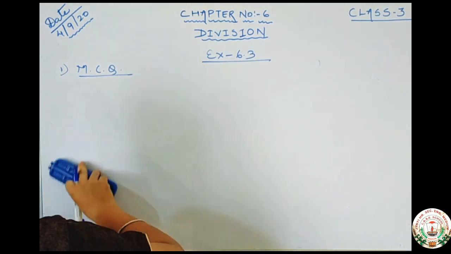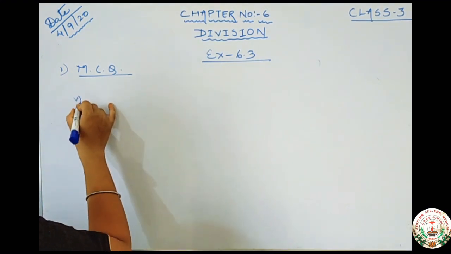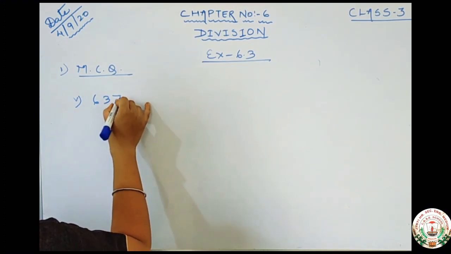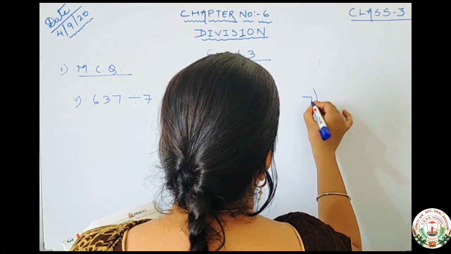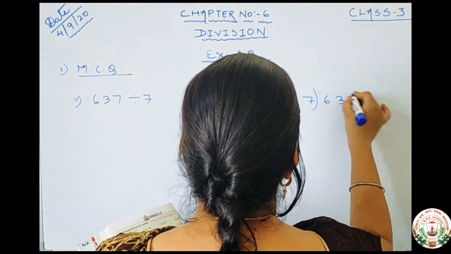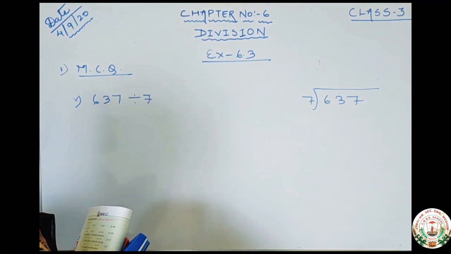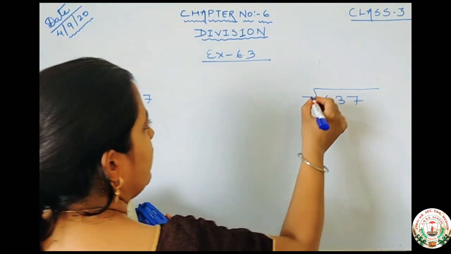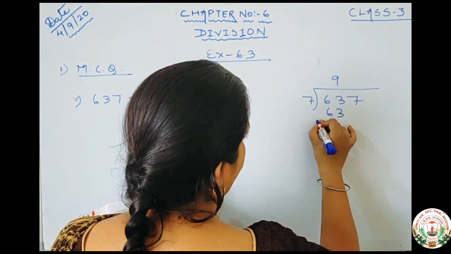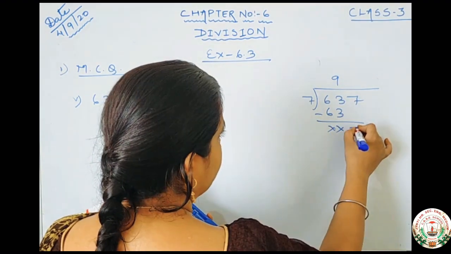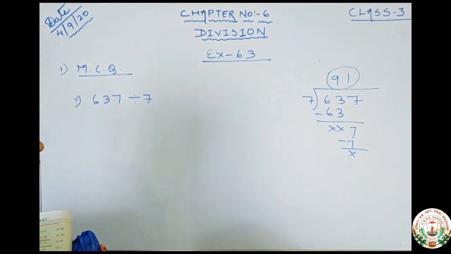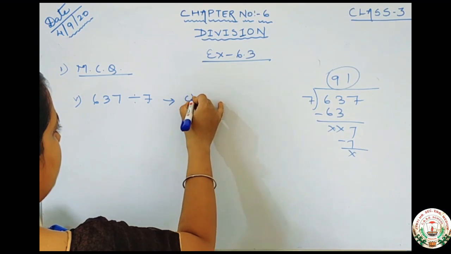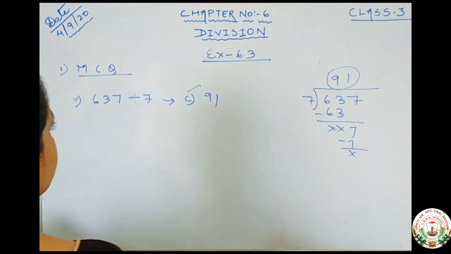What is question number 5? Number 5 is on dividing 637 by 7. We will see here 7 with 637. In the table of 7, 63 comes? Yes. 7 9s are 63. Minus it 0. 7. 7 1s are 7. So what is the answer? Answer is 91, which is given in option number C. You will take option number C, 91.